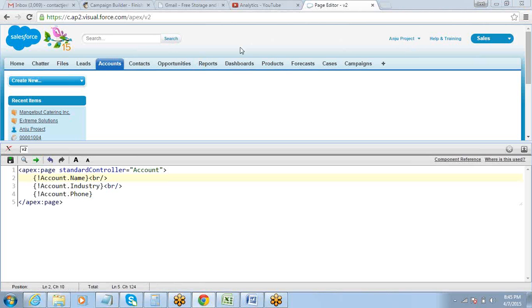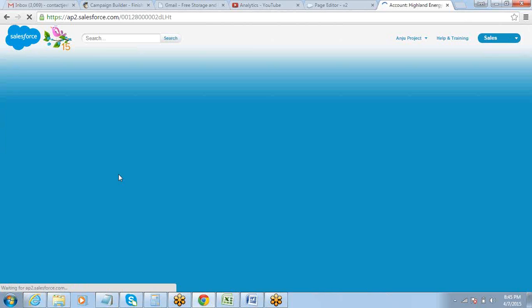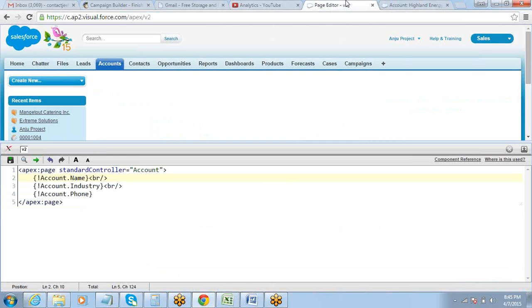So for that, how do we define that? You can go to accounts and click on any account. We have to take the ID of the account. I told you earlier, while talking about data loader, we saw that there is an ID field available for every record, for every object. Now we'll have to take the ID of the record. We need to just put that ID